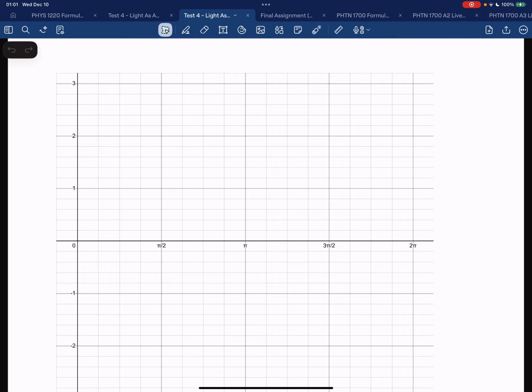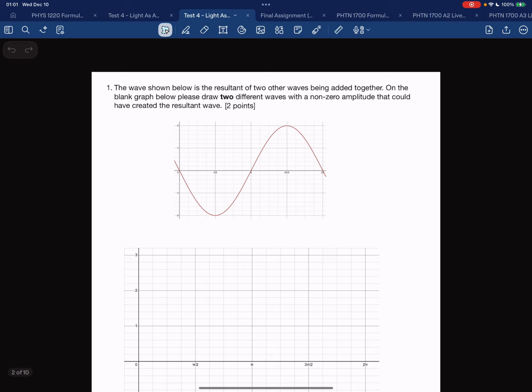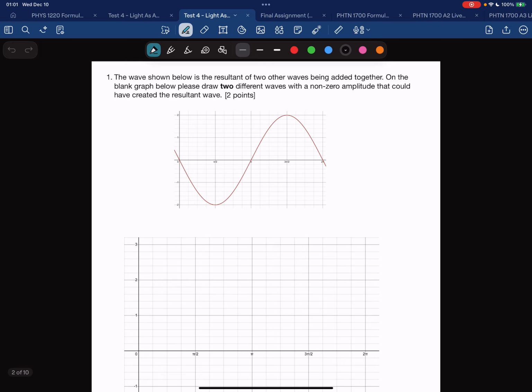So I said no, and someone else wrote that they could have done it on the test, but they did not do it. So I added a little disclaimer here that the question requires the waves to have a non-zero amplitude. But anyway,